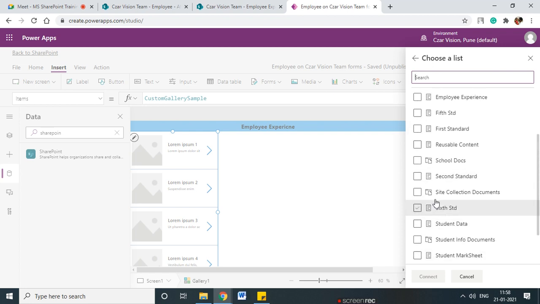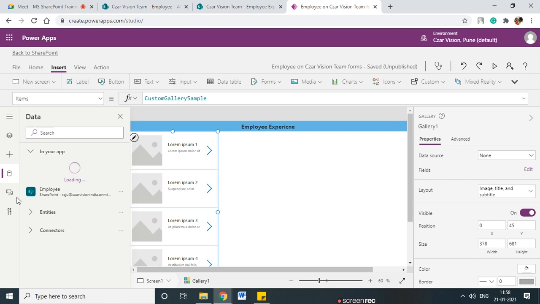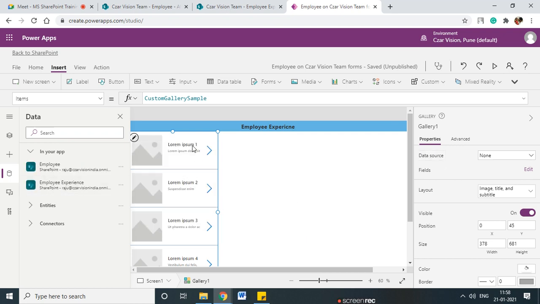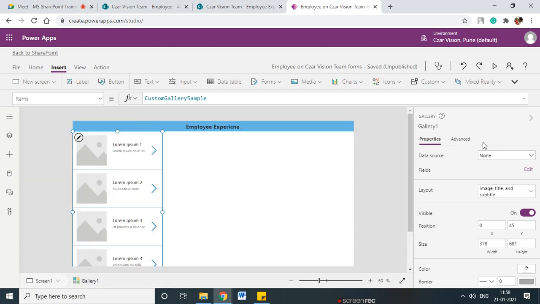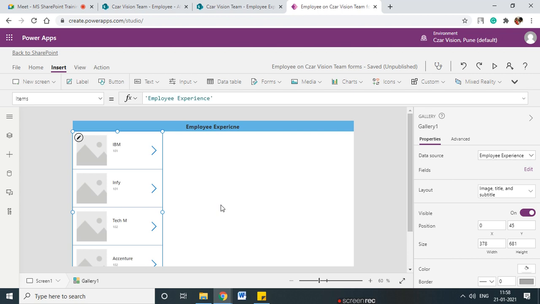So which one is my list? My list name is employee experience. Where is employee experience? Here, and I will say connect. So you can see there is a new data source added here, employee experience. Now I have selected the gallery. Now I'll go into the data source and set it to employee experience. After selecting that, you can see the content from the gallery, that list, employee experience